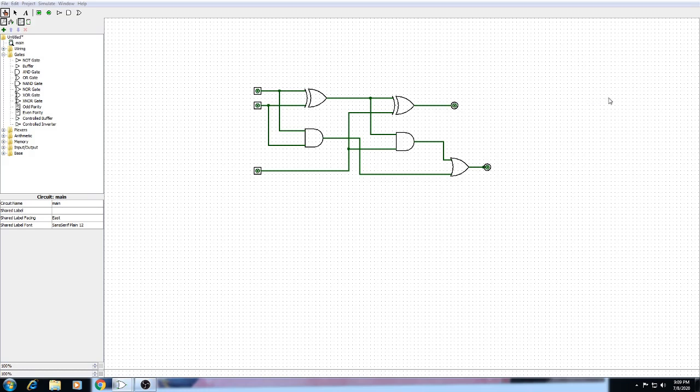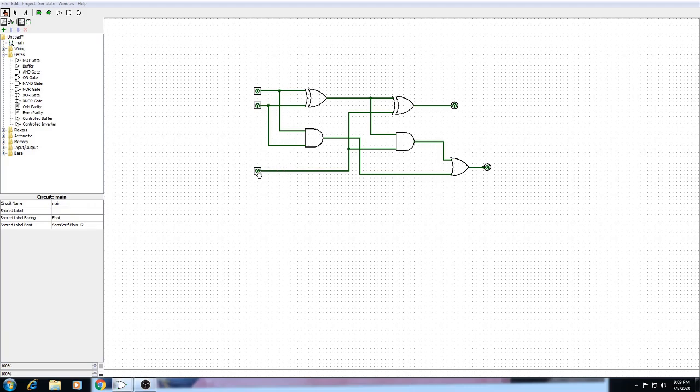Whenever your inputs are like this, according to that you will get X and Y as output. Suppose all three signals, that is A, B, C, are 0, you will get 0, 0.